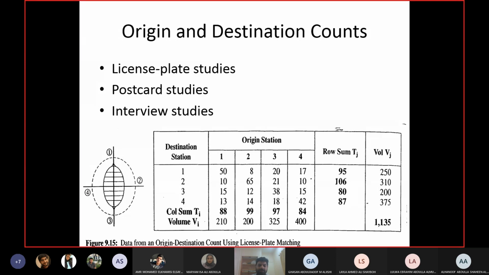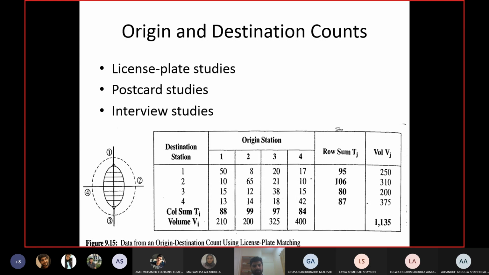In the end, when I come back to the office with the data, I will match the vehicles. The vehicle with this license plate number was found to be coming out of this area, so this area becomes the origin. Now, in which area did this vehicle enter? So you will find that this vehicle came out of area 2 and went into area 4, from the license plate number. So the origin of that vehicle will be area 2, the destination will be area 4. This is how you do the license plate technique for origin and destination.